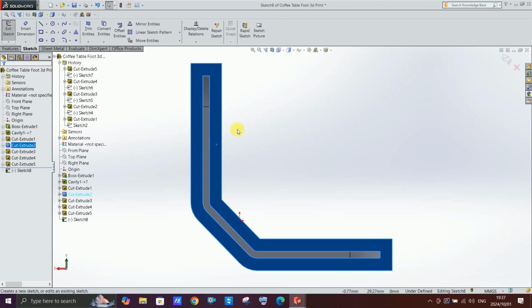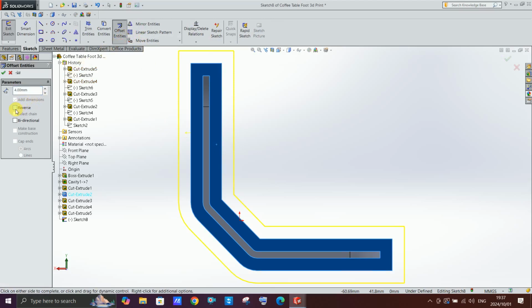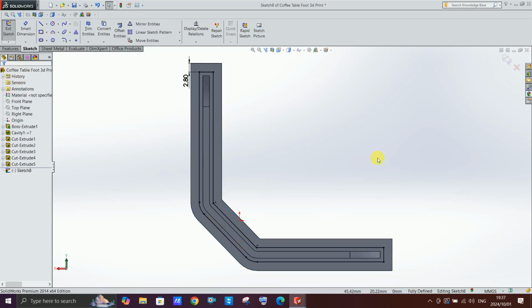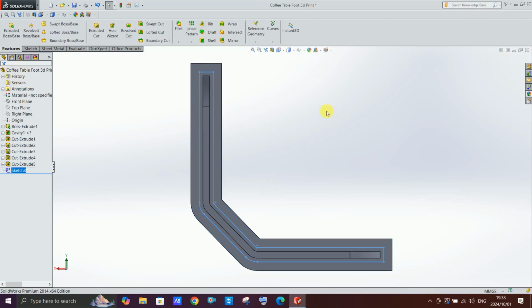sketch. Okay, so now you can just select offset and reverse it. Thing is, I want this to be 1.2 millimeters thick, so it's going to be 2.8 millimeters from this edge right here. So this makes this edge right here 1.2 millimeters. So I'm going to say OK, and then you close the sketch,